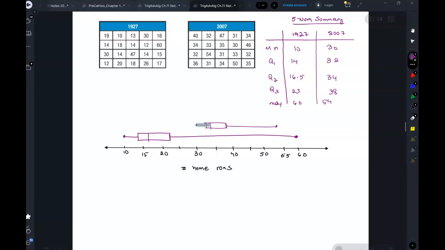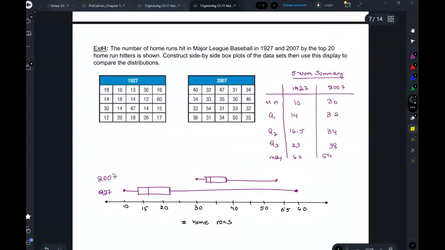And now we need to label these. So I label this 1927, and I label this 2007, just so we're clear and we know. You can even just put it here. Or you can do different colors and make a legend. It's up to you. Like you can make it different colors and then just say this color represents 1927. Yeah, a key. So here it says construct the box plots and then use this display to compare the